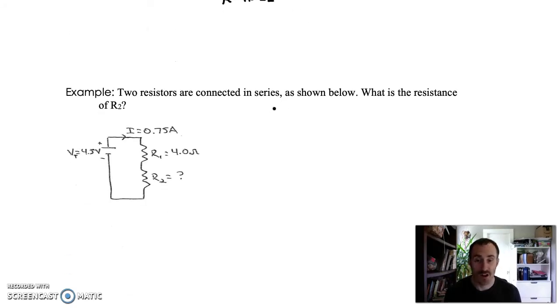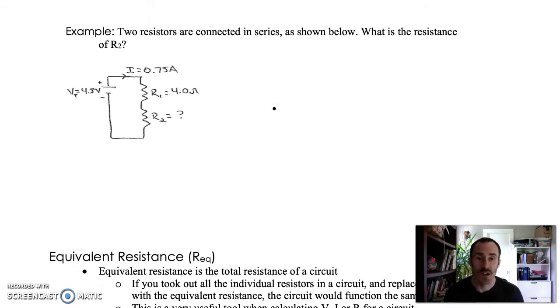Two resistors are connected in series as shown below. What is the resistance of R2? We're going to use the same strategy as before. So we know the total voltage, we know the total current, and so we should be able to find the total resistance. Now the total resistance for a circuit like this is just all the resistors added up. So we can use V equals IR to do the exact same thing we did before. 4.5 volts is 0.75 amps